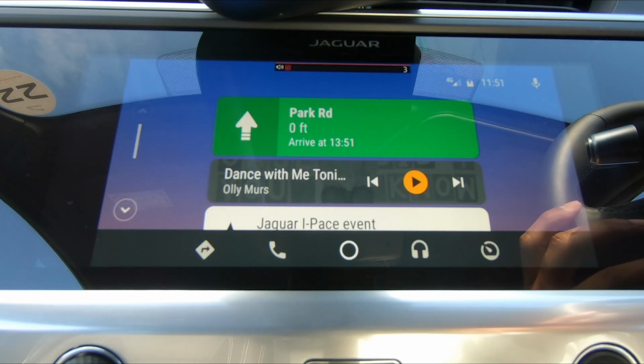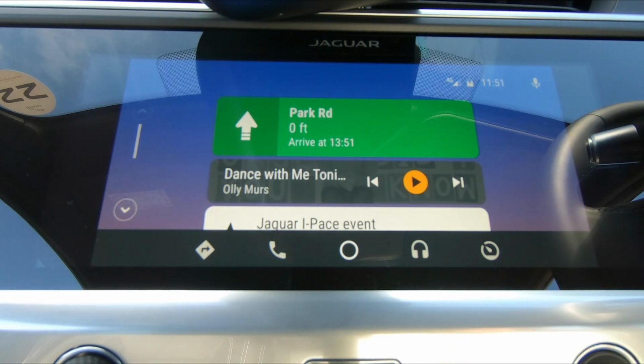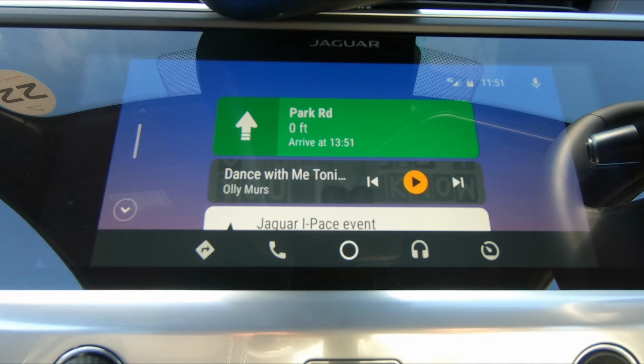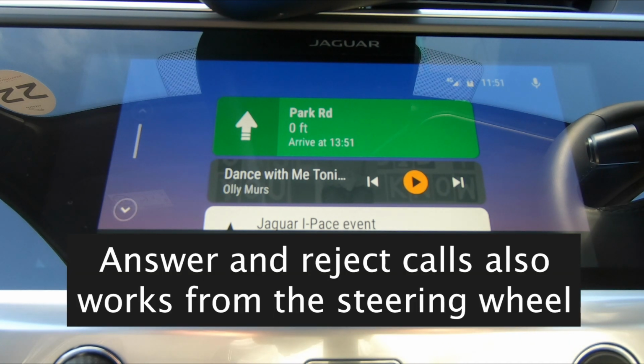The one thing that you can't do, however, is use the steering wheel controls. You can't use the steering wheel controls with Android Auto. The only thing you can do is, as you can see, the volume is changing. You can change that, but none of the directional buttons seem to work or do anything. There are no other controls that I can see that would